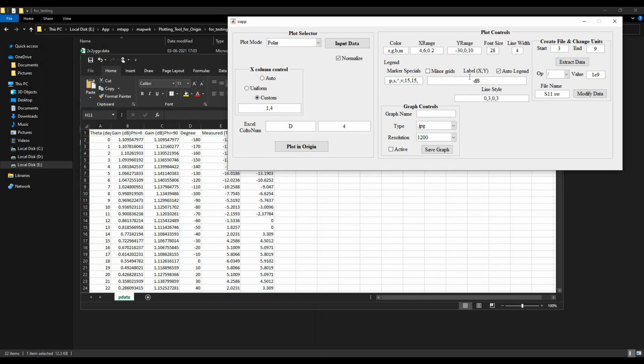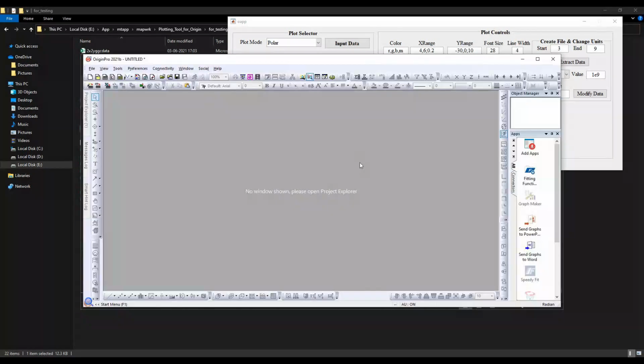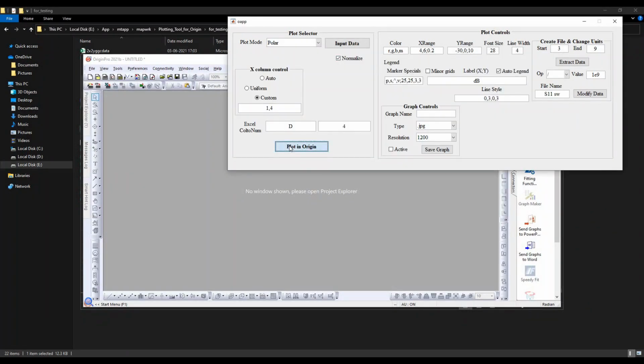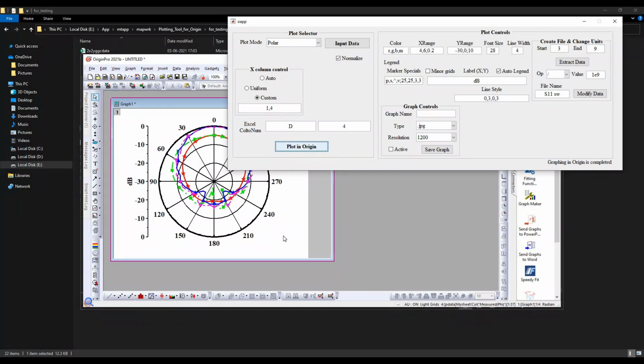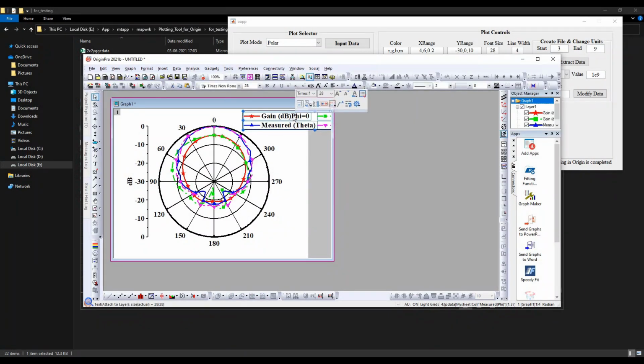Since there are very few points available in the measured data, I'll go with a marker size of 3 and 25 for simulated data. Just click on the button again and the polar plot appears.